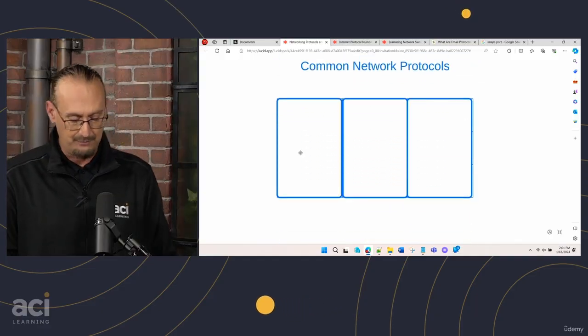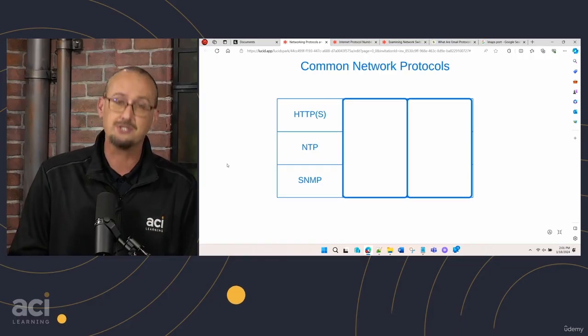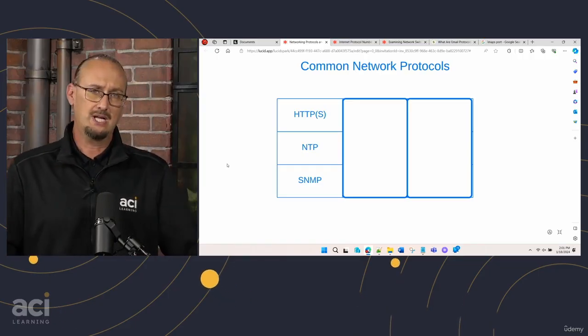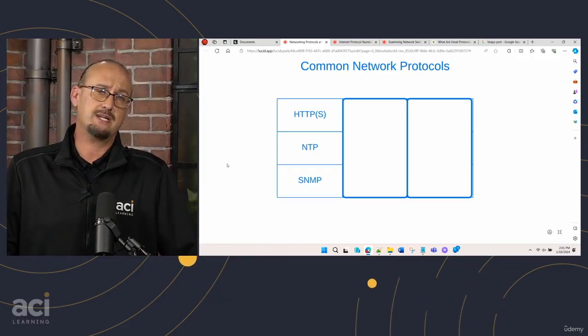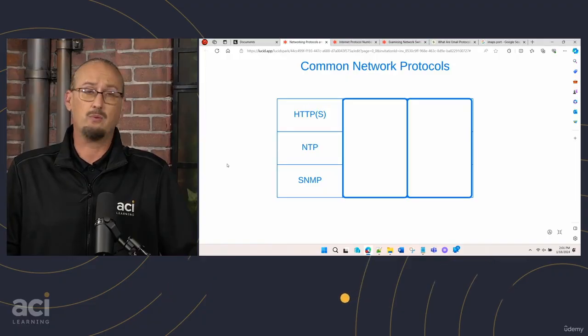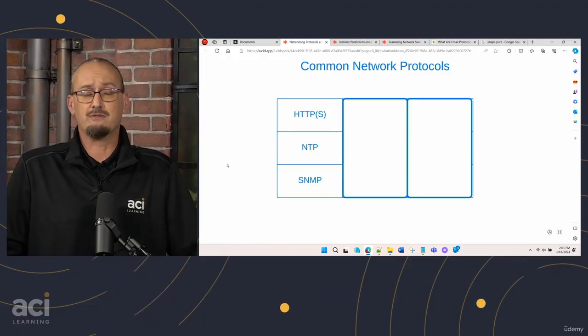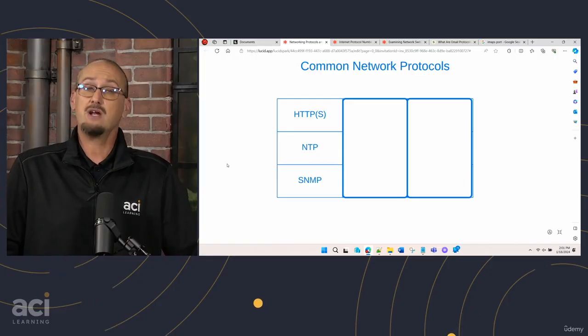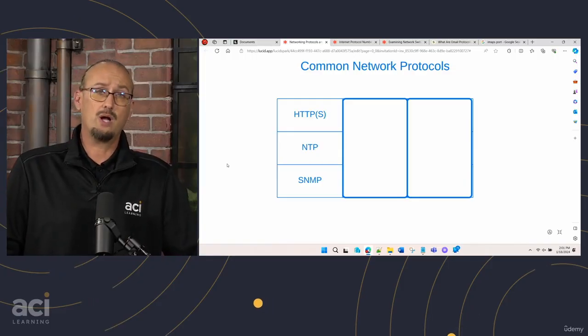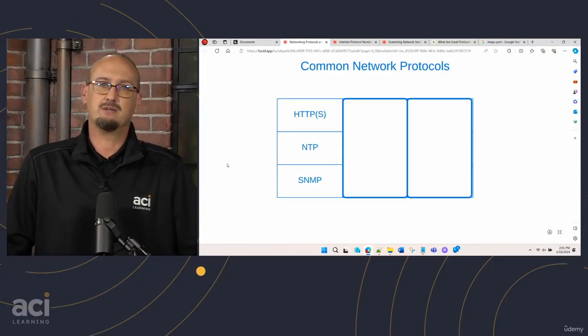All right, so without further ado, yes, we've got a laundry list of more. Let's go ahead and work our way through these. We have what's known as HTTP, the Hypertext Transfer Protocol. We also have a secure version of it. The unsecure version is going to be port 80. The secure version is going to be port 443. Be careful, do not confuse that with IMAP's 143. That might be a little bit of an exam alert for you.